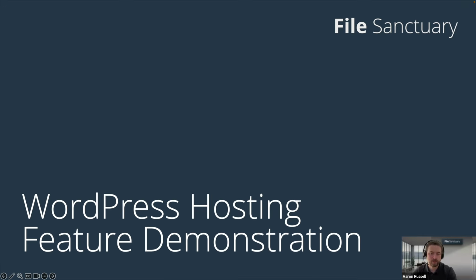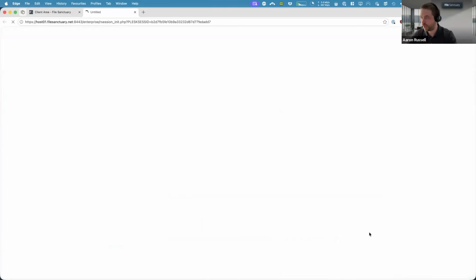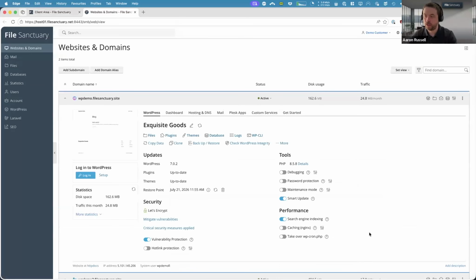So let me show you what this looks like in practice. In true Blue Peter fashion, I'm going to start with a WordPress account that was created earlier. So I'm just going to hit log into Plesk here, and this will log into the WordPress hosting platform. And what you'll see here is this is our website that we created on the WordPress hosting platform. It's a freshly ordered account, and we can see straight away WordPress is already installed. It has a random name that's assigned, which I can change just by clicking that. We can see it's on the latest WordPress.